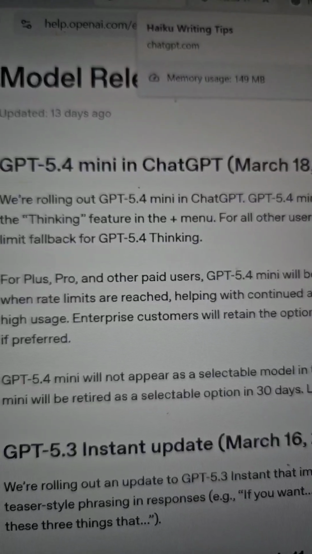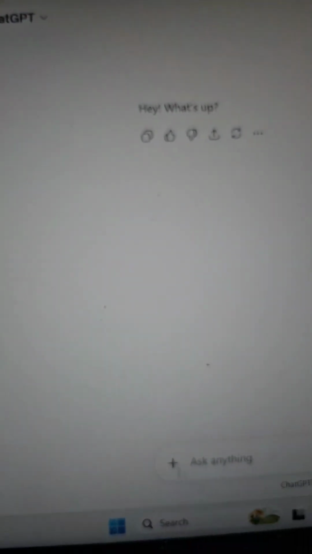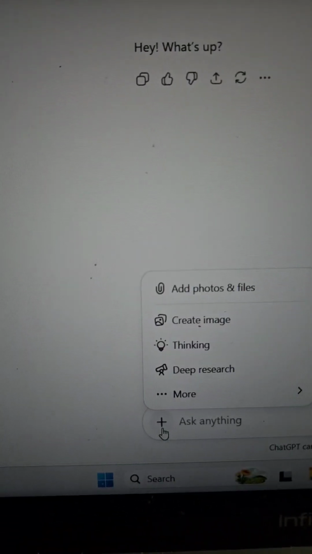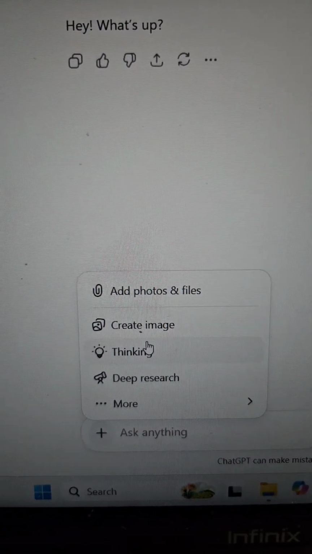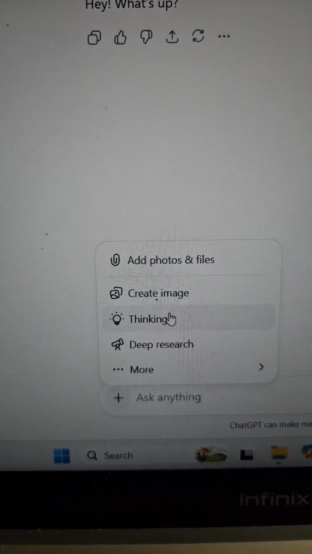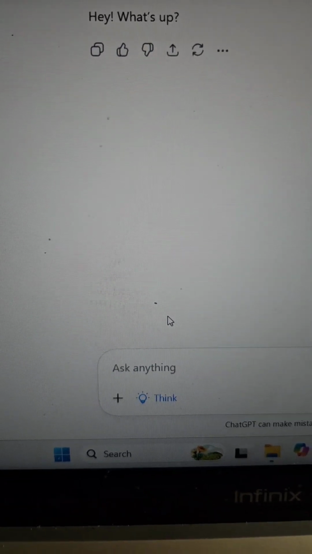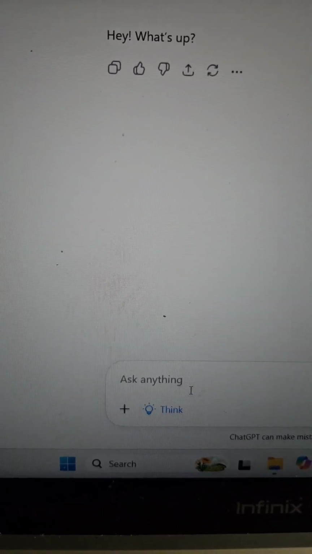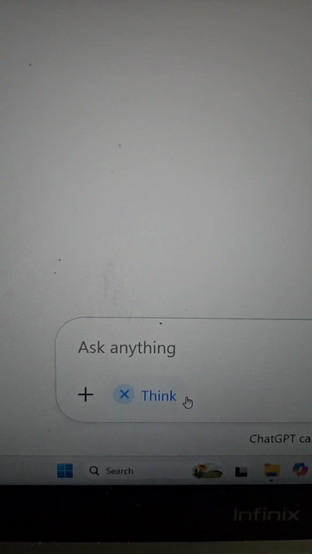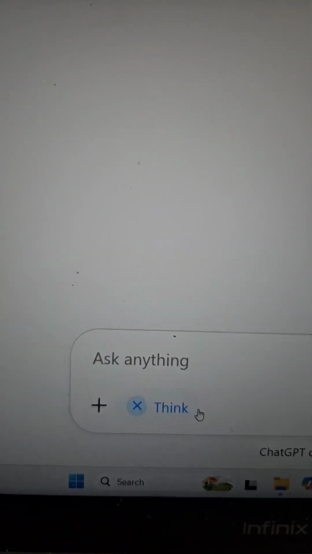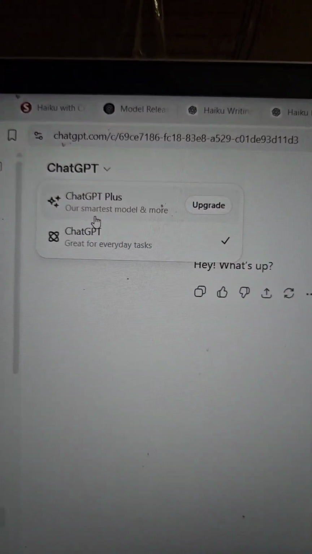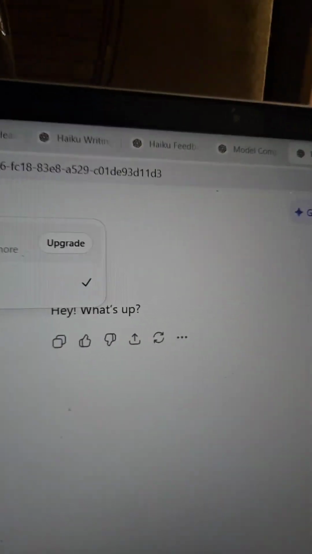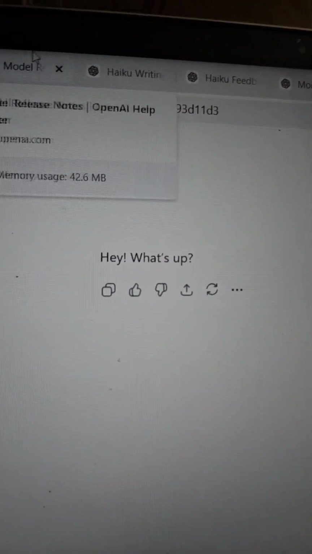GPT 5.4 thinking simply means that if you go to ChatGPT and click on this plus option at the bottom, just beside the input text box, and enable this thinking option, then it will use GPT 5.4 mini, and when this thinking option is enabled, that is what it means by GPT 5.4 thinking. And for those of you who are on a paid plan, you might actually see a GPT 5.4 thinking option in this drop down here. Anyway, if we just go back to that